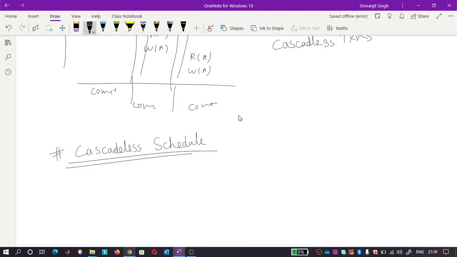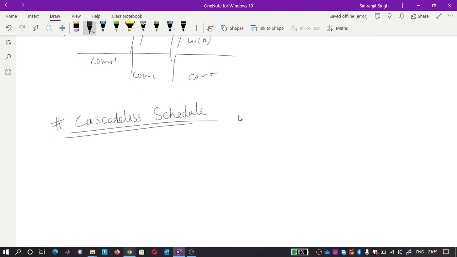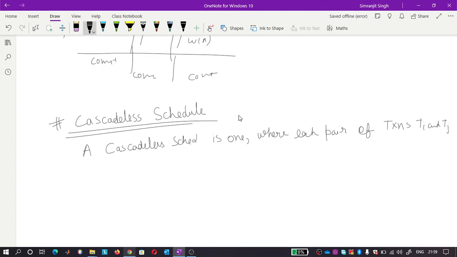The definition of a cascadeless schedule is one where, for each pair of transactions Ti and Tj, such that Tj reads the data item that is written by Ti,